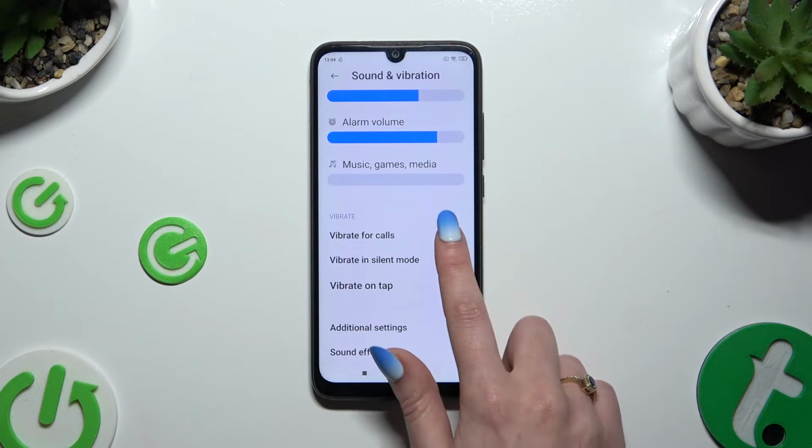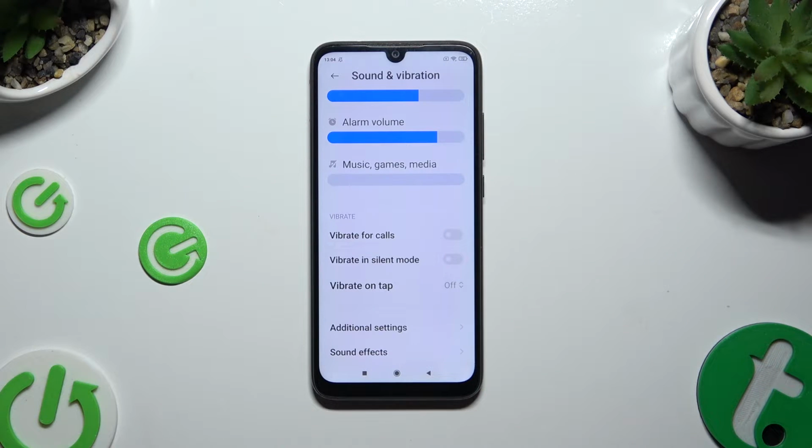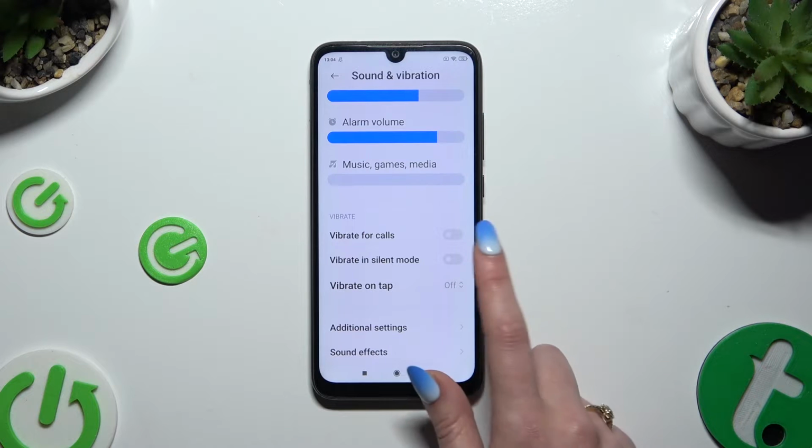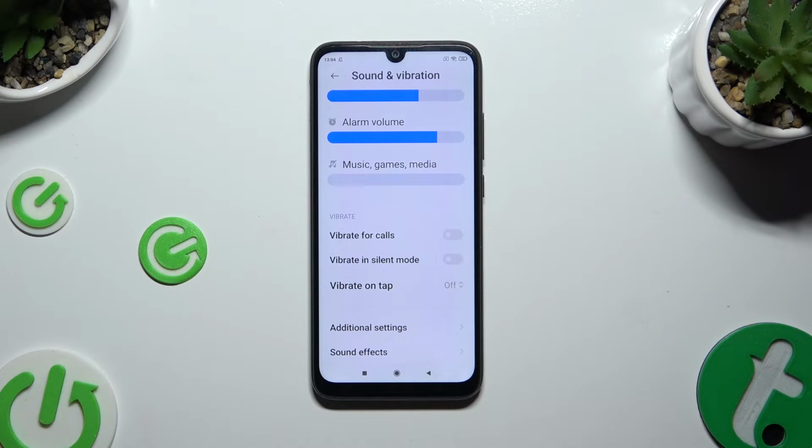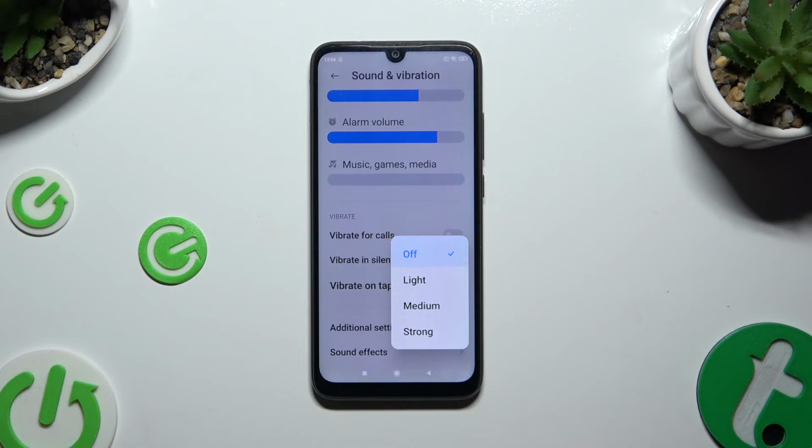This way you can enable or disable incoming calls vibrations. You can also tap on this switcher next to Vibrate in silent mode to enable or disable haptic feedback when your device is muted. Last but not least, click on Vibrate on tap and adjust intensity of it by tapping